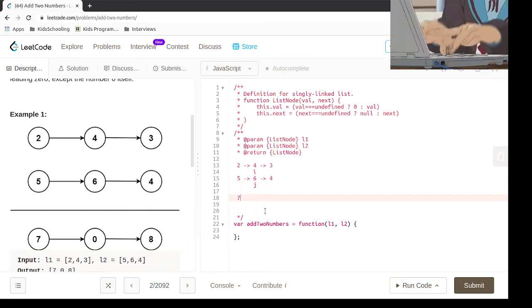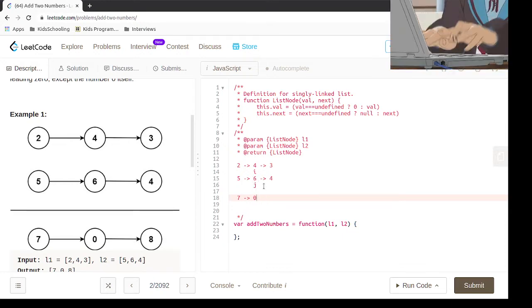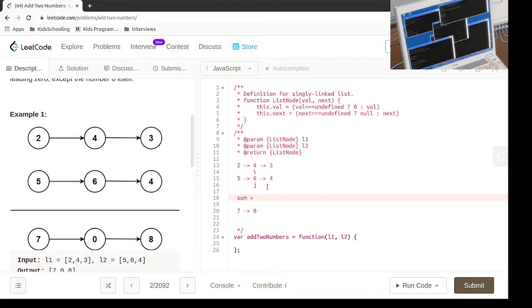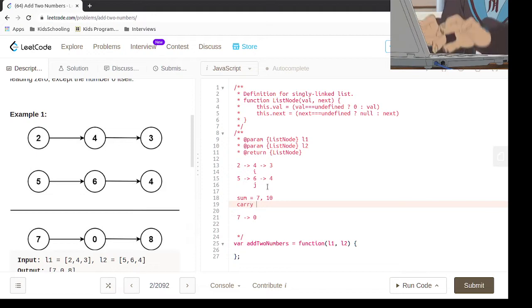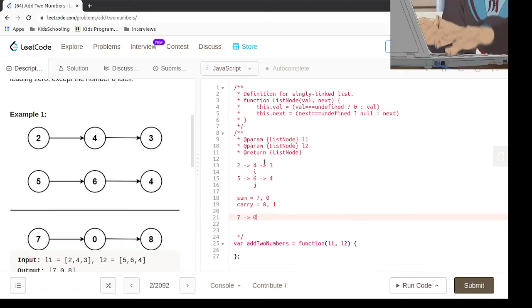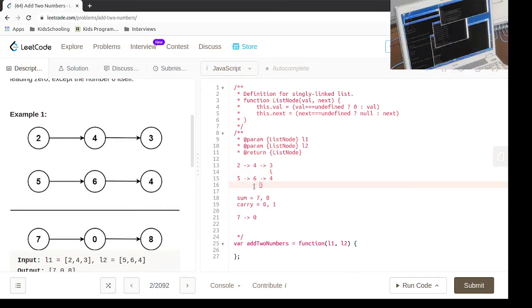and then for the next one, now the sum is 10, so we're going to just use 0. So initially the sum was 7, now the sum is 10, and initially the carry was 0, now the carry is going to be 1, and we're going to make sum equal to, so we're going to subtract 10 from whatever we have, so that is going to be 0, and we have the carry as 1. And finally, when we have i at 3 and j at 4,